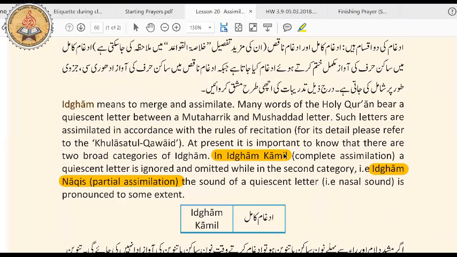When idgham kamil takes place, what happens is the crescent letter, so the letter that has a sukun on top of it, the sakin letter, is ignored and the sound is omitted, meaning that the sound of the sakin letter is not produced. Okay, this is the main thing that happens in idgham. So it further on explains here,